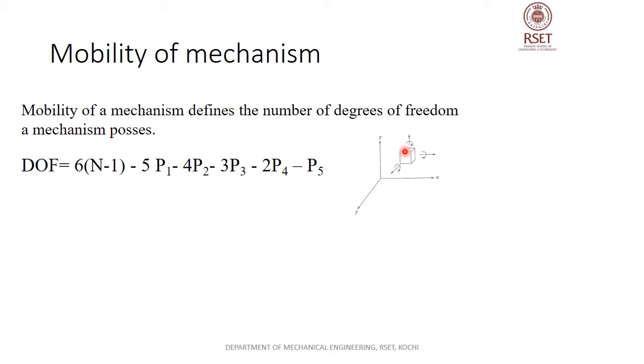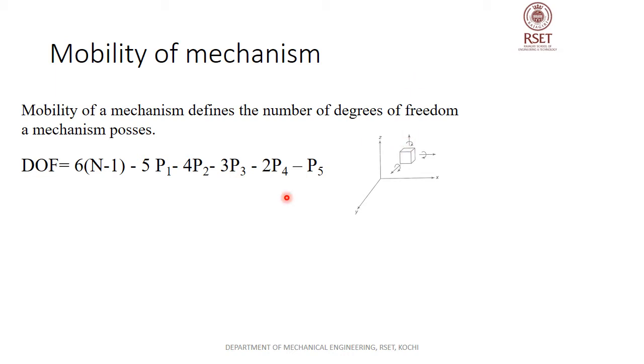So the sum total of the degrees of freedom possible for each link, minus the number of constrained motions, is the degree of freedom of that mechanism. We have found in the previous slide how to find the degree of freedom of kinematic pairs. In a similar fashion, we will be finding the degree of freedom for a whole mechanism. That is, we will split the mechanism into different kinematic pairs. We will find how many constrained motions are there in each kinematic pair, and we will subtract that number of constrained motions from the total motion possible for each link,